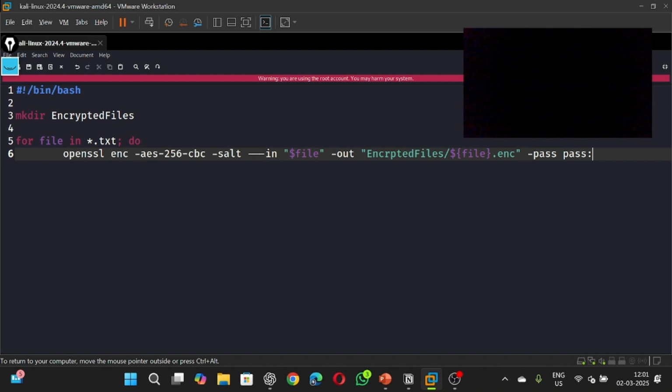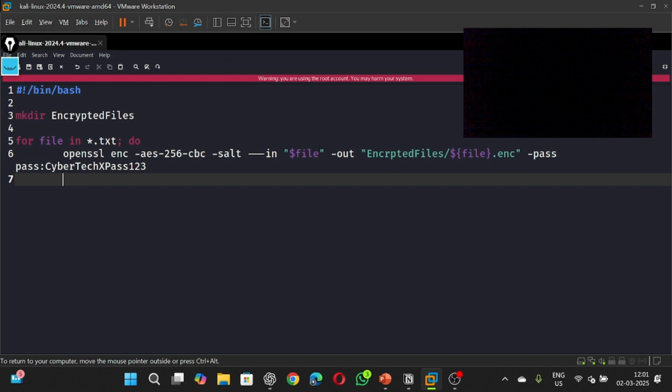And then your password for encryption. Let me give it CyberTechX pass 123, and okay, and here